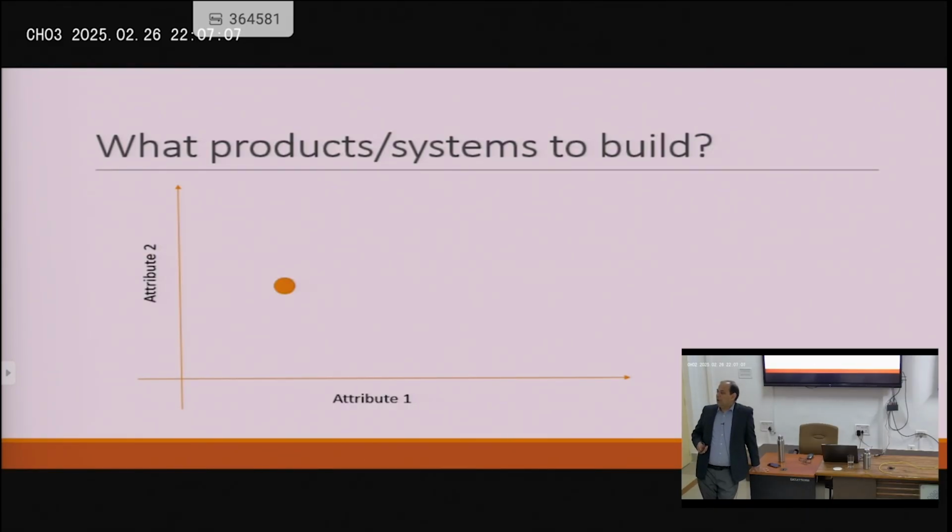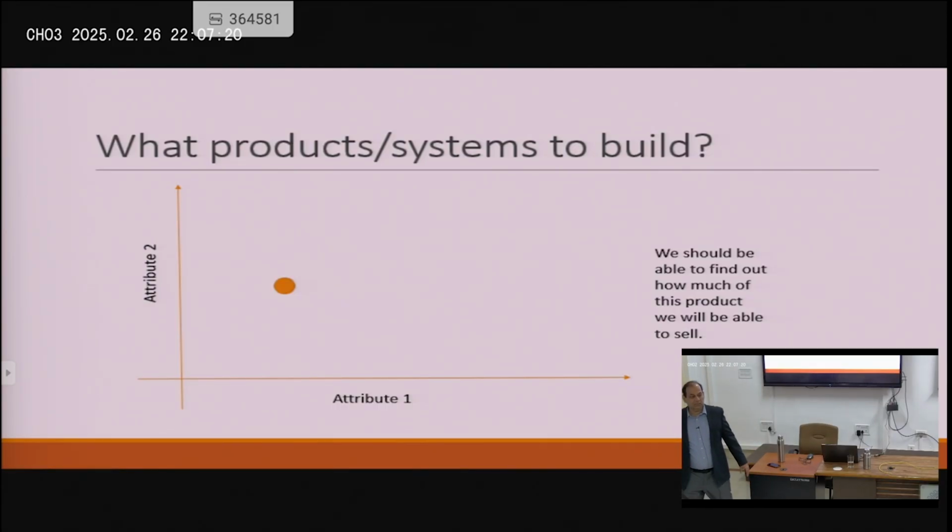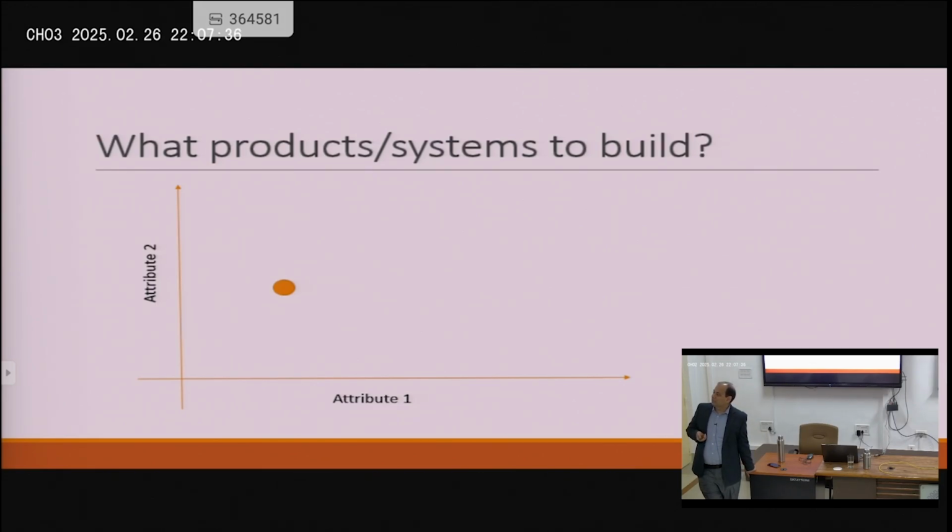So let's say I have a product here that has a certain level of attribute 1 and attribute 2, right? To be able to say how much we're going to sell of this, we should be able to find out how much this will sell in the market, right? This attribute level, this attribute level. And again, products are bundles of attributes. A system is a bundle of attributes, okay? Means that I can convert them into a bunch of numbers like this, okay? Except that